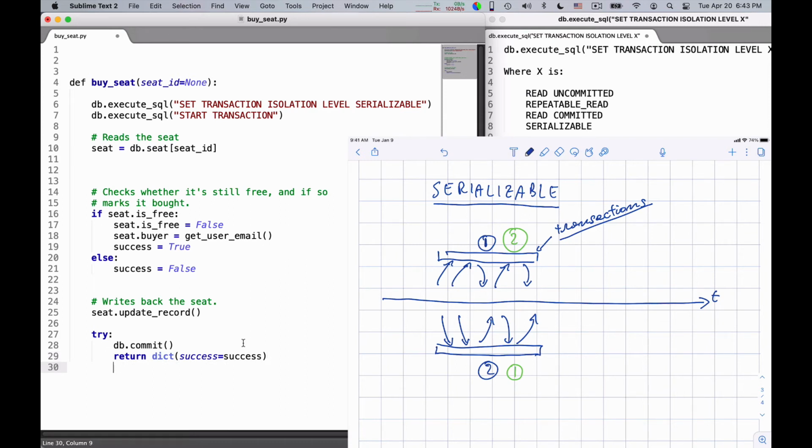Else, and in fact, let me retry is equal to false, so you don't need to retry. Else,